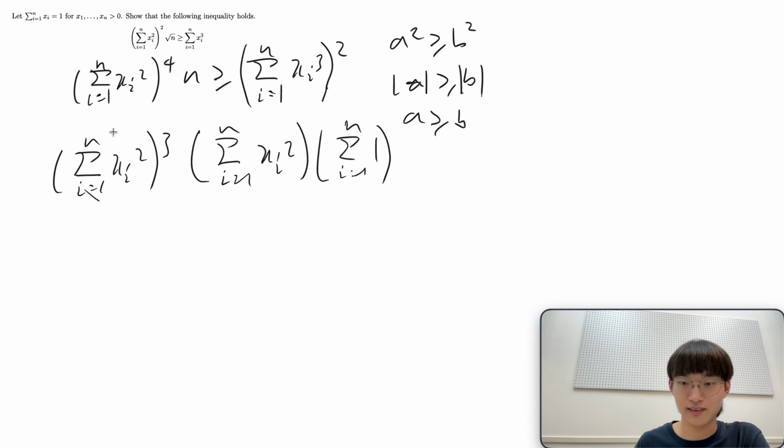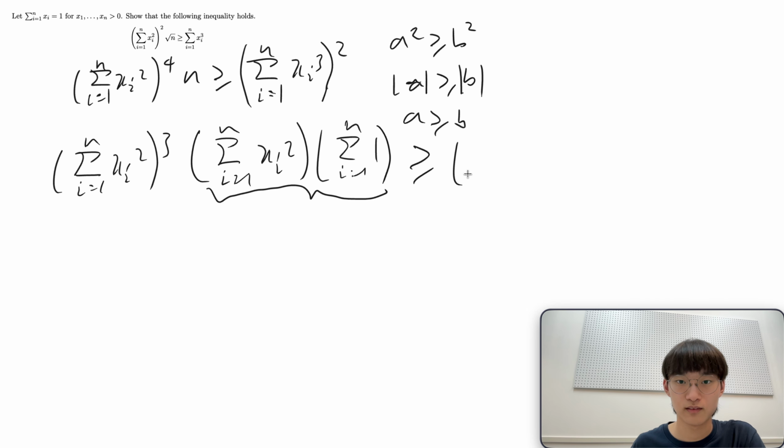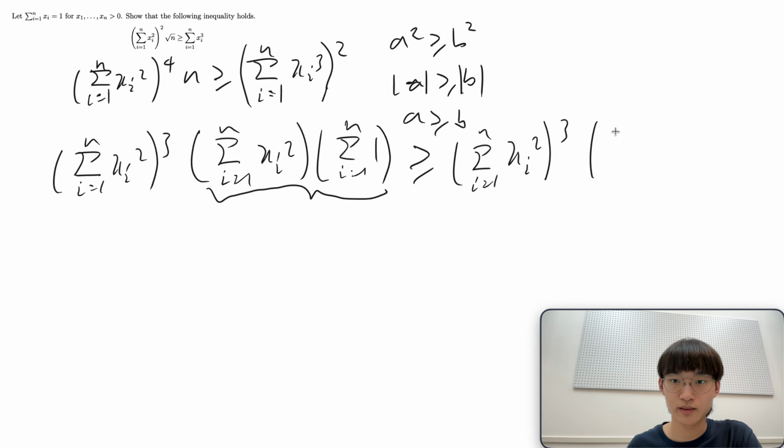Now let's leave this here for a bit and let's use the Cauchy-Schwarz inequality. Continuing, we know that this is greater than or equal to, and applying Cauchy-Schwarz inequality here, it is simply